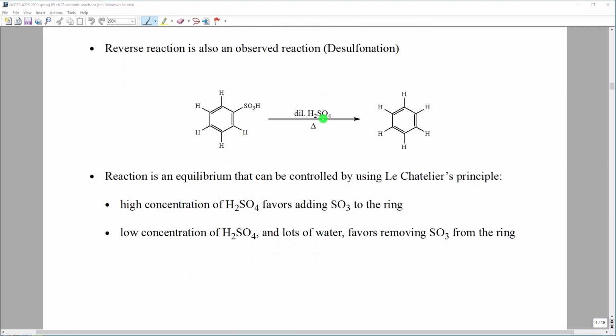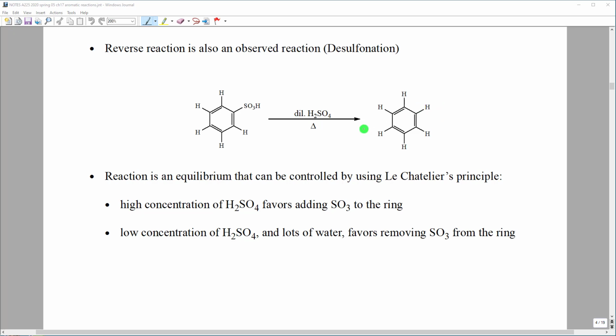Sulfonation is interesting because the reverse reaction is also possible. So this is the observed reaction for the reverse reaction. We start with an aromatic ring with an SO3H group on it. We put in dilute H2SO4, so lots of water, a small amount of H2SO4, and we heat it. And at the end, what we observe is that the SO3H has come off and it's been replaced with a